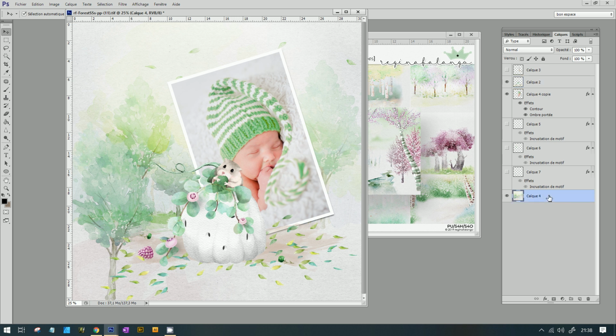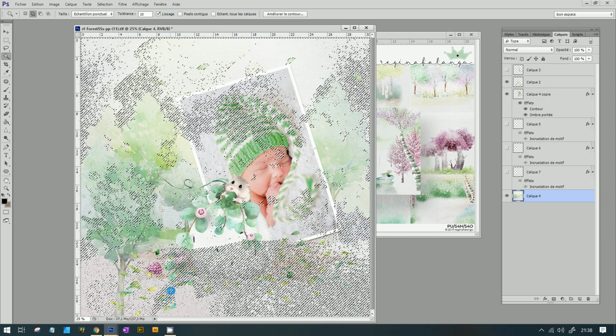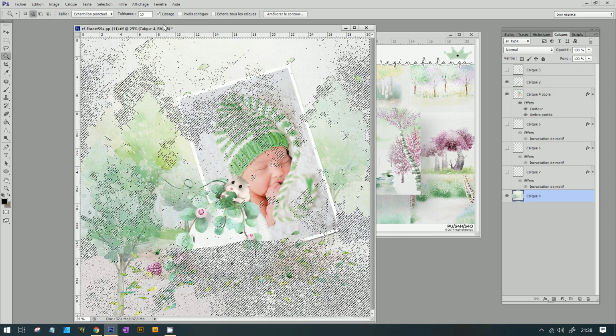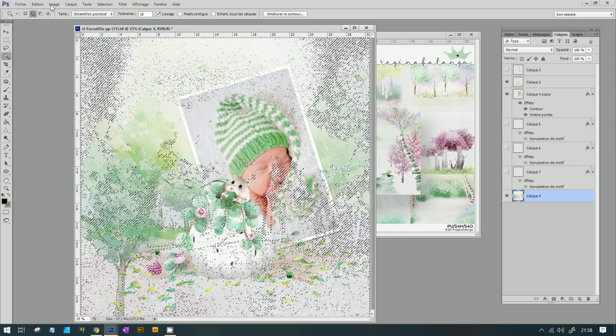Click on the background. I'm going to select the green, and this green, and another. It's too much. The yellow. It's another too much.